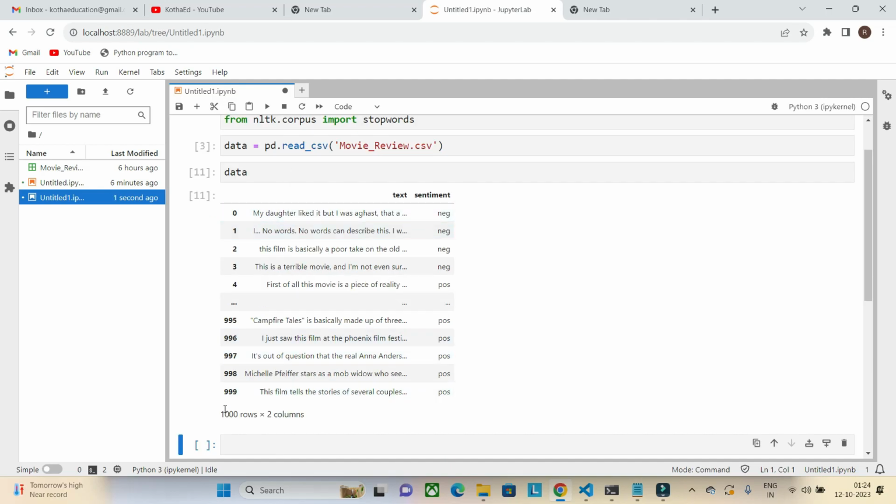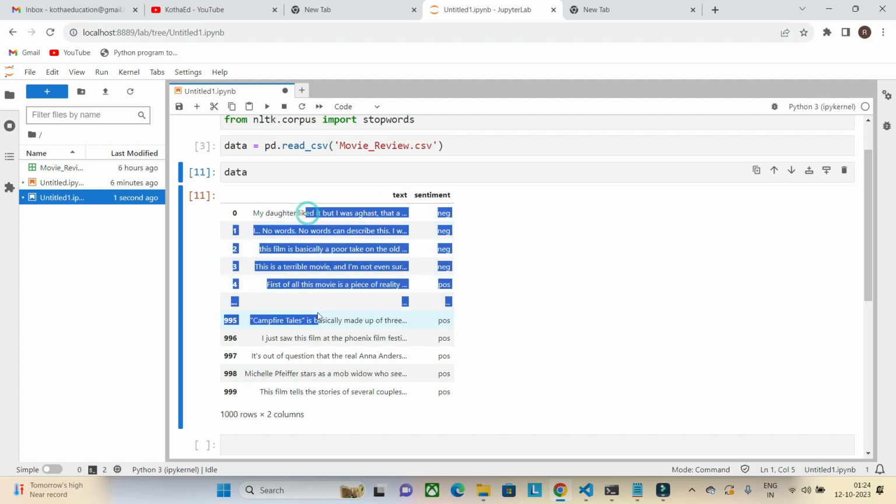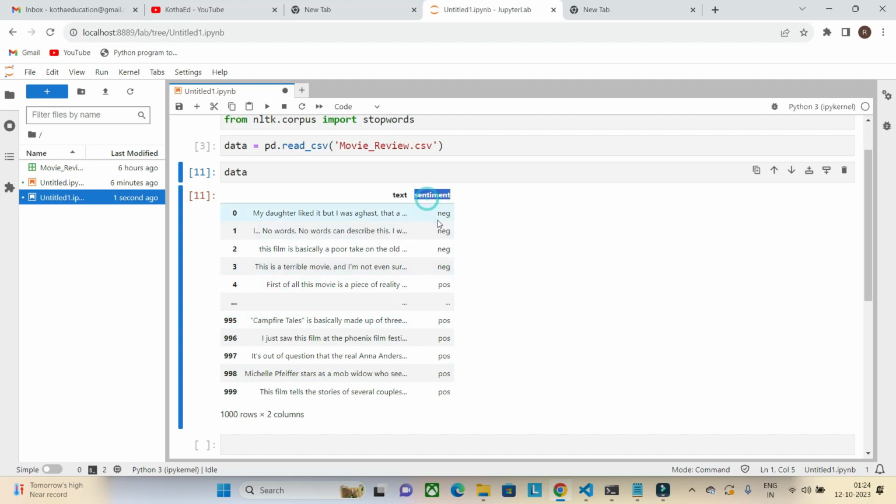So data is having 1000 rows. Here we have two columns. One is text, which is nothing but the review of the movie, and the next one is sentiment. We have negative and positive ones over here. So what I'm going to do here is, let's check how many negative comments are there, how many positive